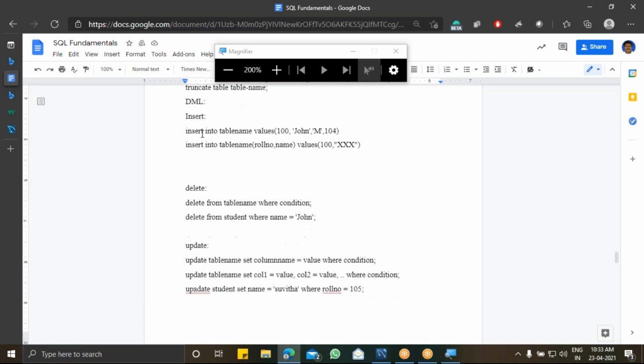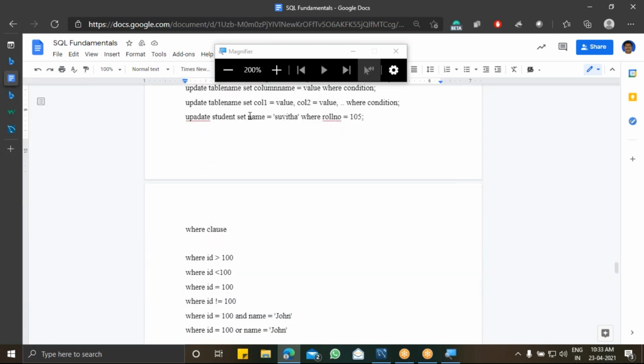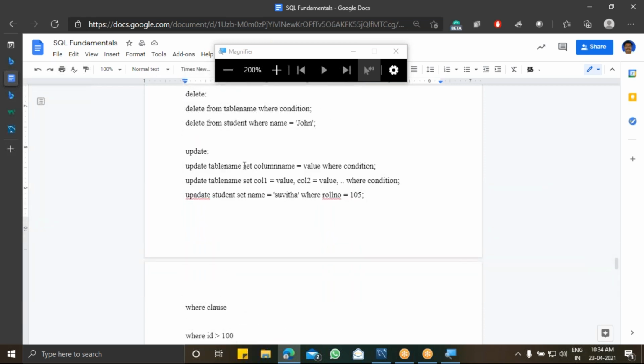So this is my DML. DML is manipulation. Manipulation is nothing but insert, delete, and update. So with this, we can update these values. We use the command UPDATE with the table name followed by SET column 1 = value 1, and then the WHERE condition. Similarly, I can add n number of columns: column 1, column 2, column 3, column 4, followed by the WHERE condition.